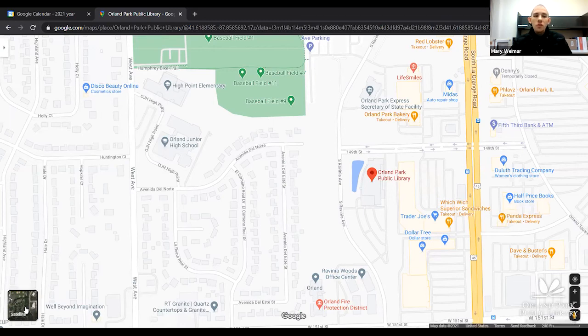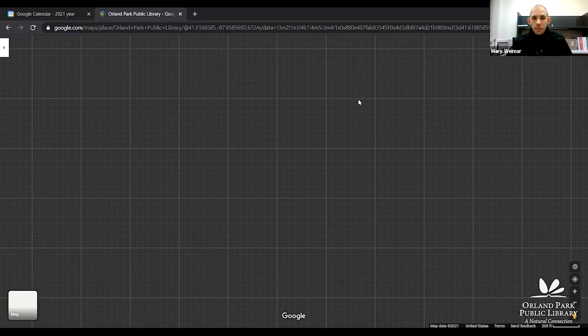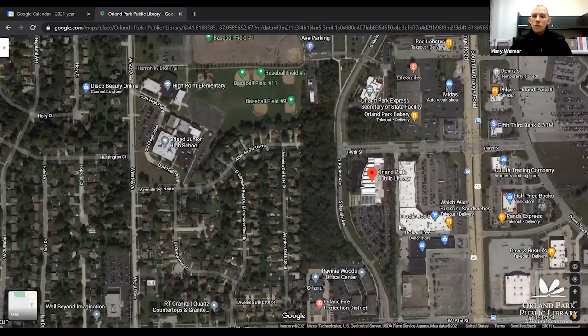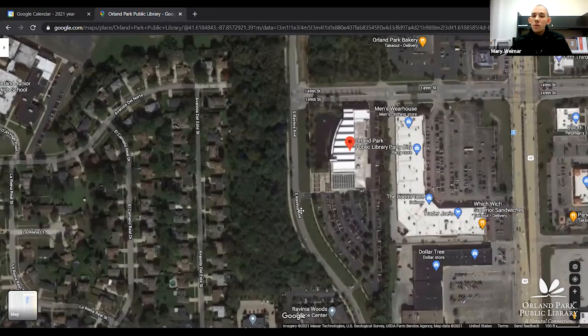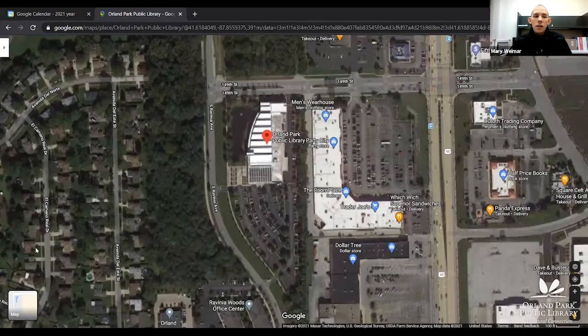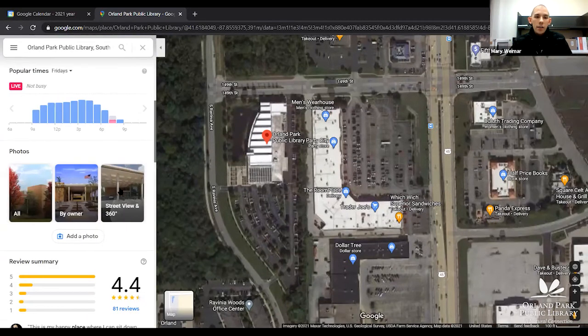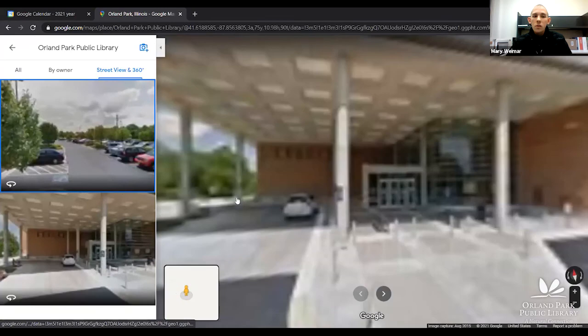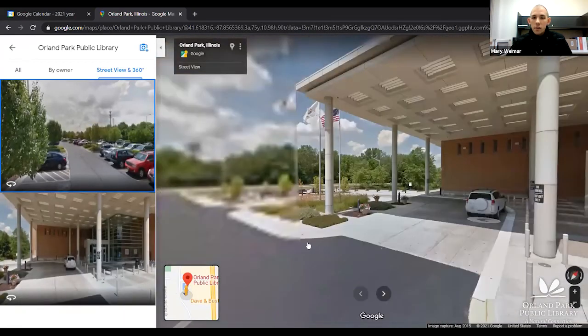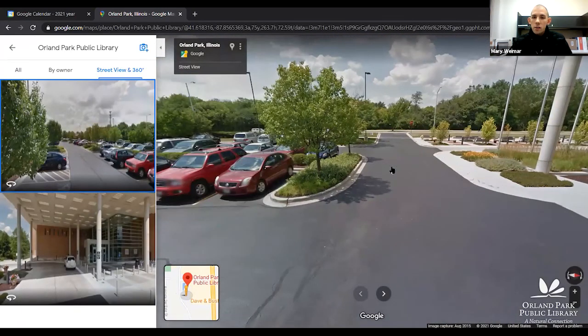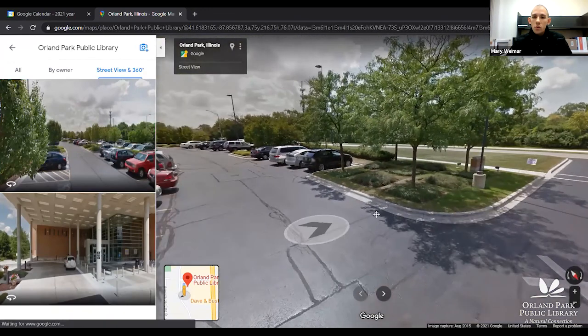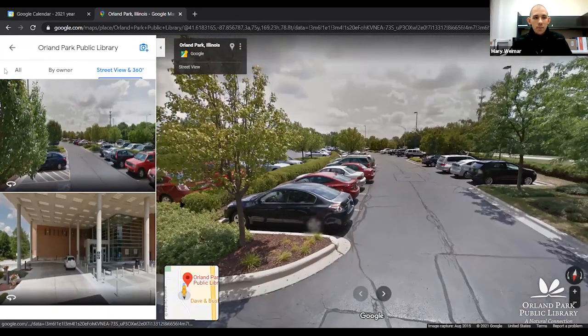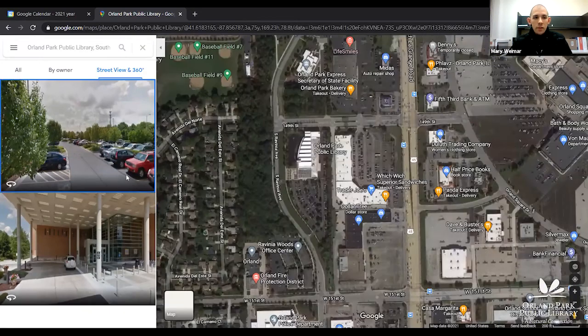And if you choose satellite, you'll get a geographical version of it, a top-down view of what the streets look like around the area. And if I go to 360 view from here, you can click and drag, and it'll show you what the area looks like. If I go back,